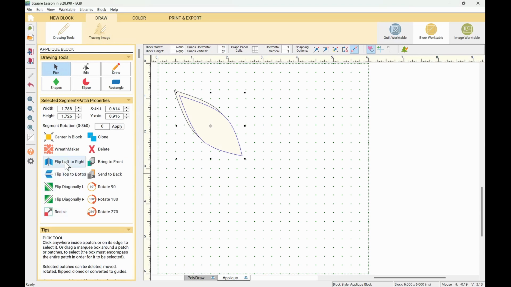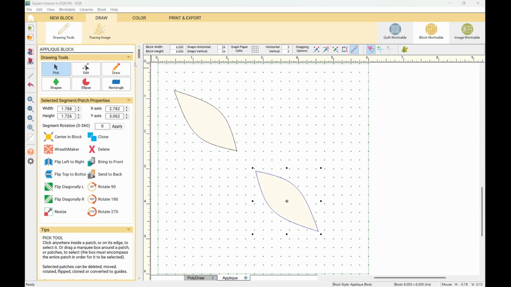Then I can flip it in that direction or flip it upside down, which actually looks like the same leaf, but it isn't. And then move it where I want it to go. I can rotate it. It gives you general rotating information here. The most used rotating information is 90 degree, 180 degree, and 270. But there is another way to go further if you want it at a 30 degree instead of a 90